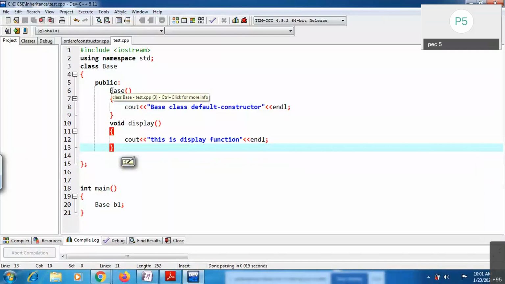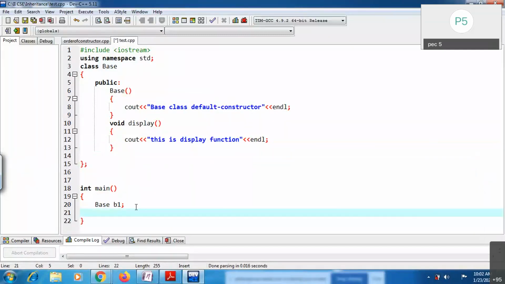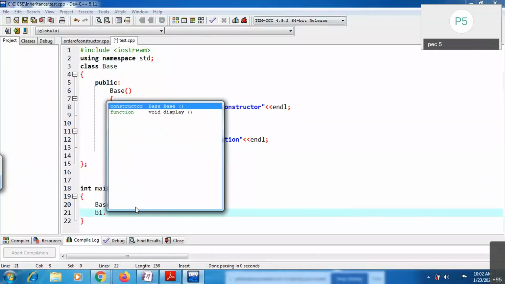If you have any member functions inside your class and you want to use them, you need to call them manually with the object reference. Now you need to call like this. This is the function call.